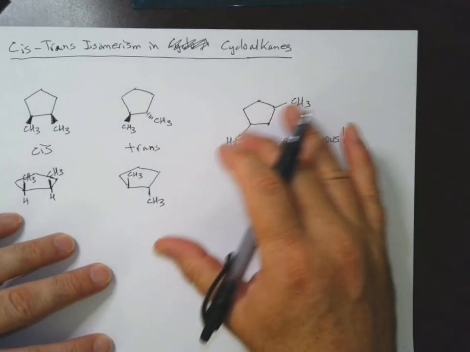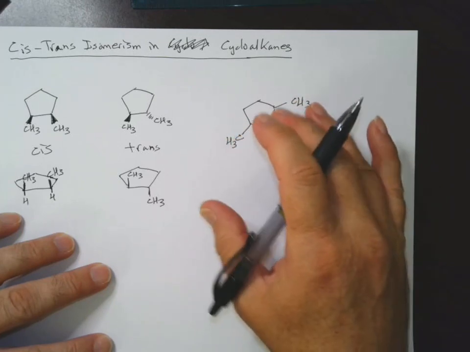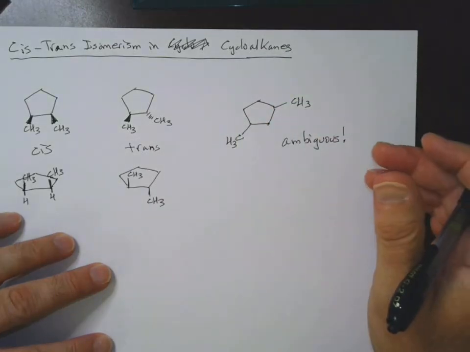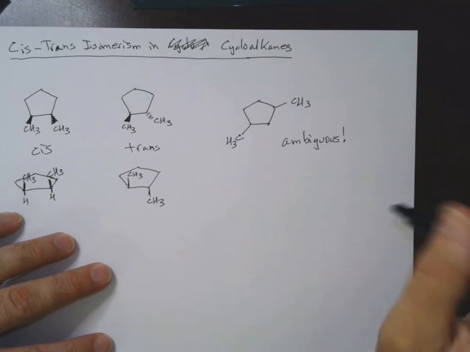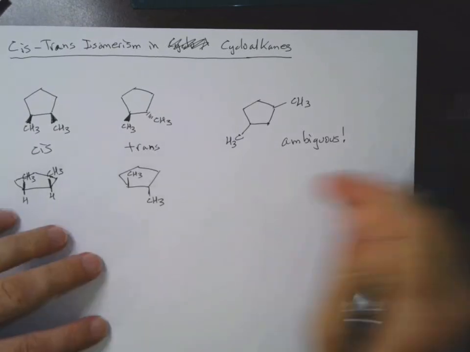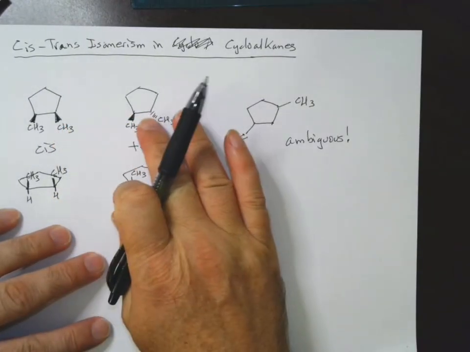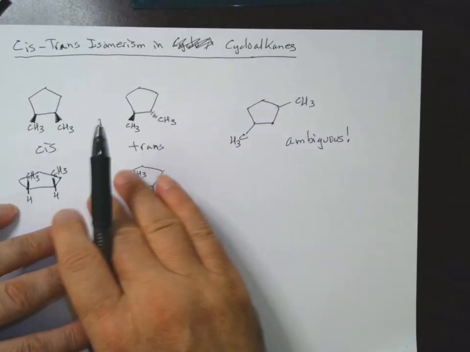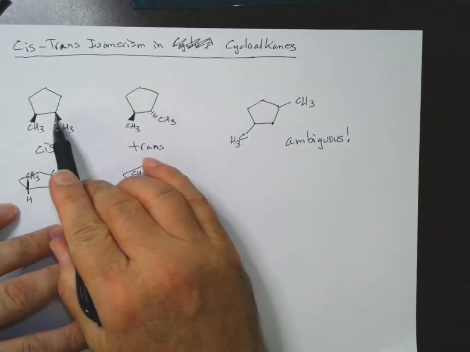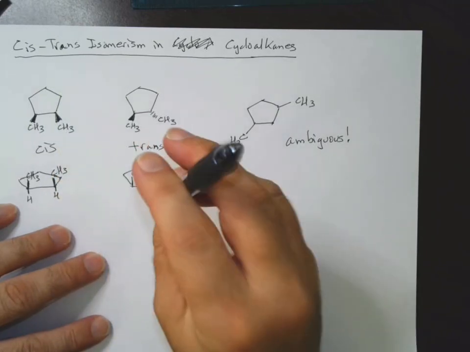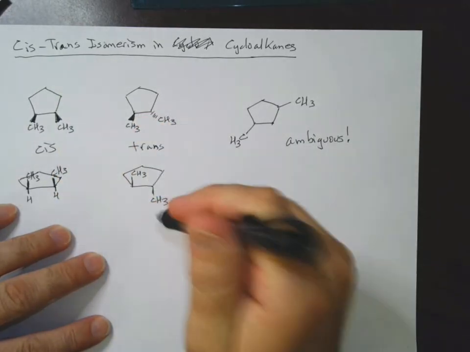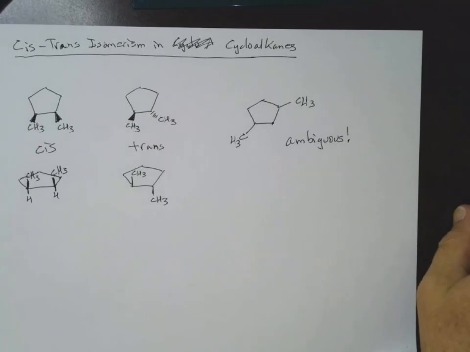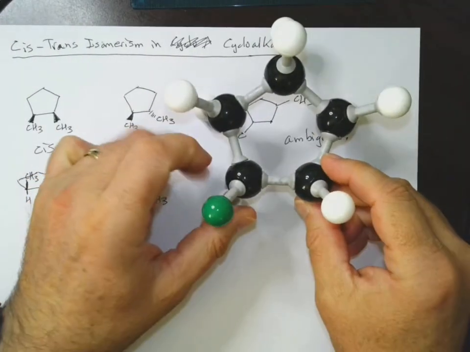If it's drawn like this, it means you could have any combination of cis or trans. So usually you'll want to use wedges and dashes: wedges to indicate things pointing towards us, and dashes to indicate things pointing away. So again, here's the trans